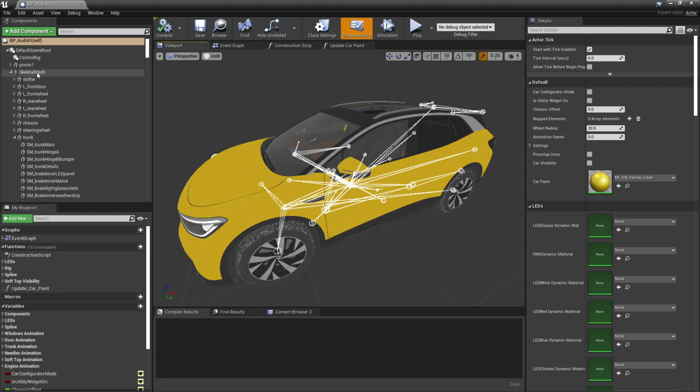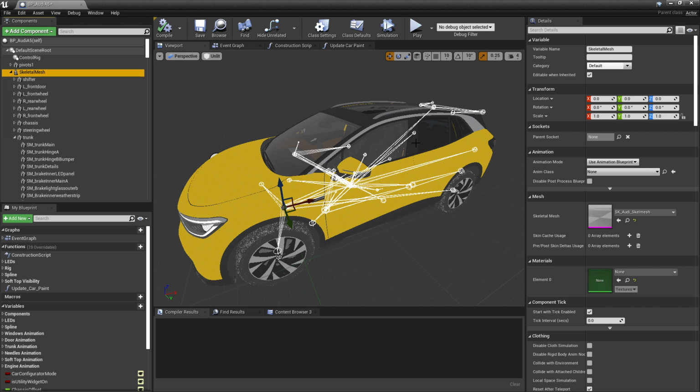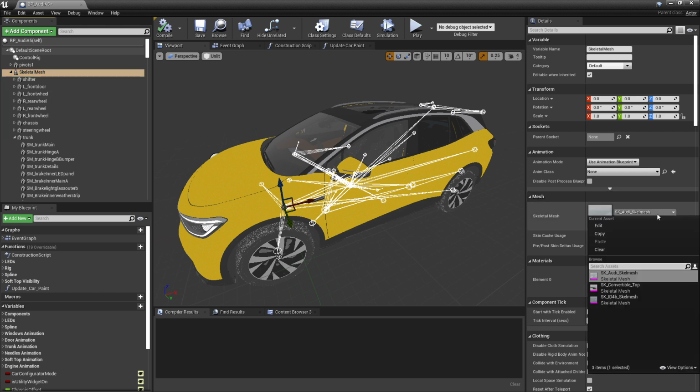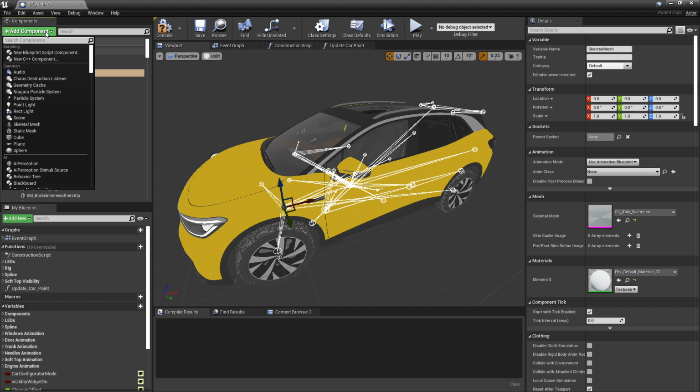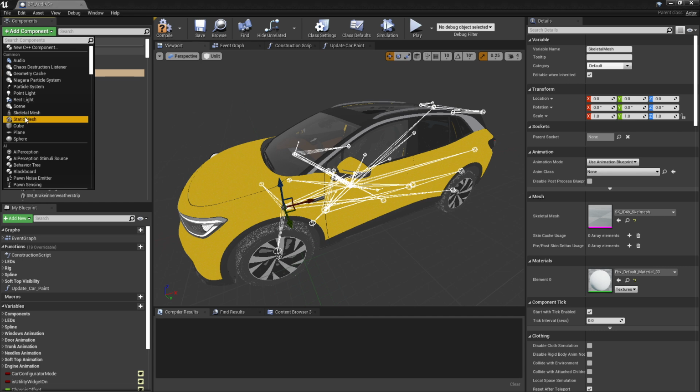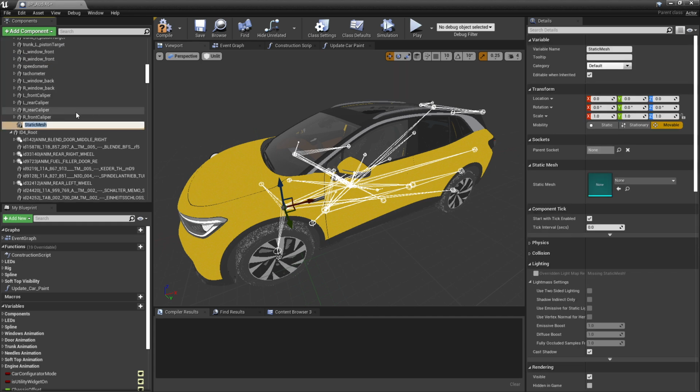Well, it's pretty straightforward. The first thing you're going to want to do is go into that skeleton mesh, and make sure that it's set to be that ID4 skeleton mesh that we imported previously. So we'll go ahead and set that up. With that done, the next thing is to add in a new placeholder, a new static mesh component. With the skeleton mesh highlighted, go to Add Component and click on the static mesh, and we're going to add a new static mesh node into the hierarchy. We'll give this a name that's a little bit more meaningful. We'll call it L underscore rear door.